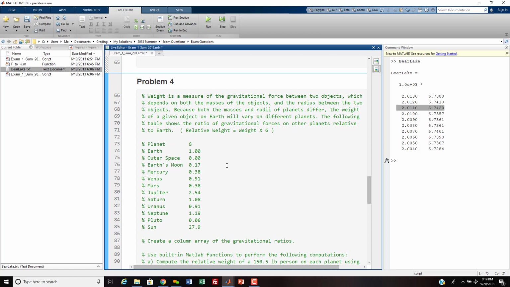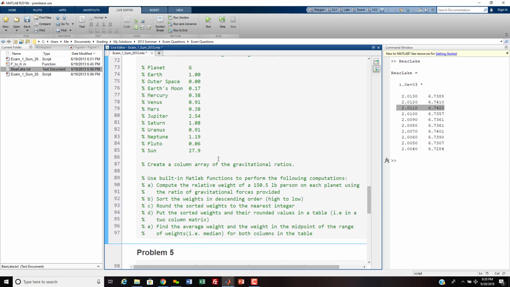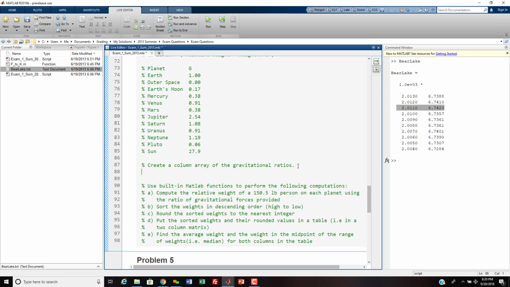Okay, so this one, problem number 4. Weight is a measure of the gravitational force between two objects, which depends on both the masses of the objects and the radius between the two objects. Because both the masses and the radii of planets differ, the weight of a given object on Earth will vary on different planets. The following table shows the ratio of gravitational forces on other planets relative to Earth. Relative weight equals weight times g. Okay, so first create a column of gravitational